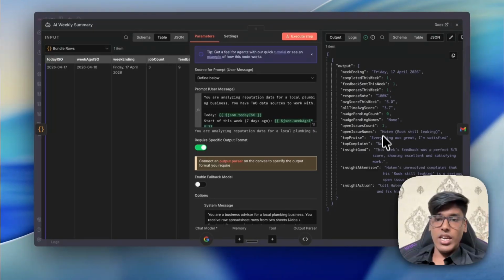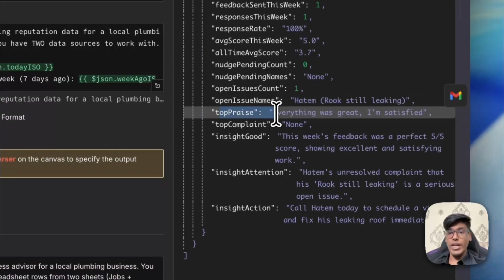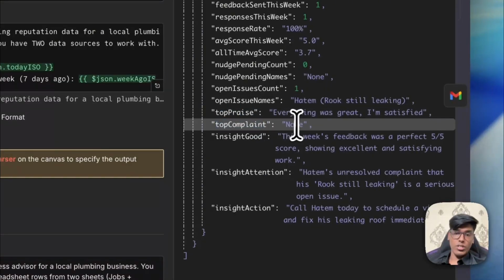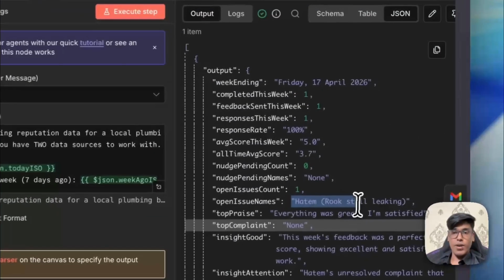Haram Brook's skills still leaking, top praise. Everything was great. I'm satisfied. So it has the open issue names, it has the top praise, it has the top complaint, which is none. Inside good, this week's feedback was perfect, 5 on 5 score, showing excellent and satisfying work. And it says it's a perfect 5 of 5 week, and it is not flagging this part, which is open